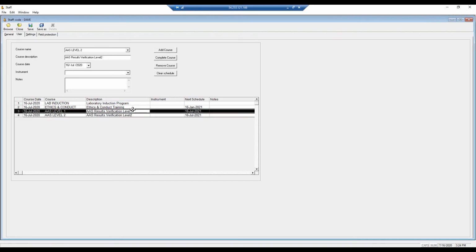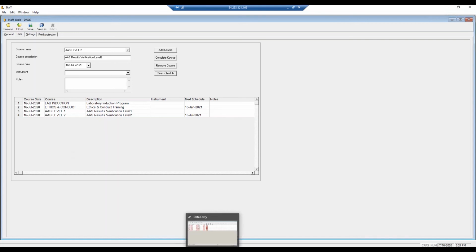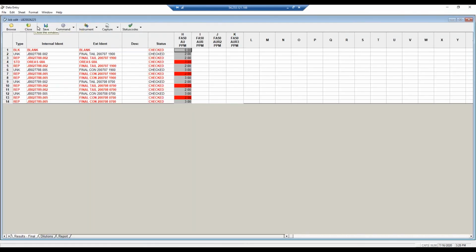If I select level 1, because I've hit level 2, there's no need for me to repeat the level 1 training. So I can clear the schedule. And all that means is that I'm going to clear the next schedule date so that never becomes a course that I have to do again because I've gone up to the next level. And that would be a practical experience. Now, with that done,